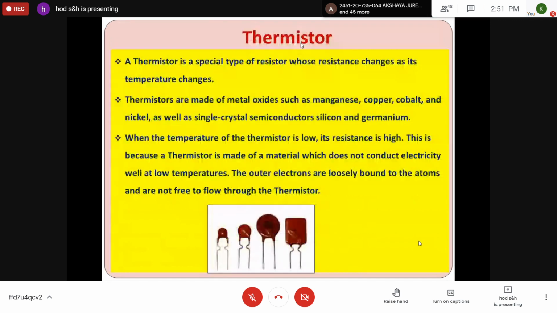Only short notes you should write. Please take the screenshot of this. Anyhow, I will share the PPT. If you want, you can take the screenshot and prepare notes also. Tomorrow I will finalize this PPT. I will share the PPT initially, then I will share the notes also for this band theory of solids and semiconductors. Please take the screenshot.